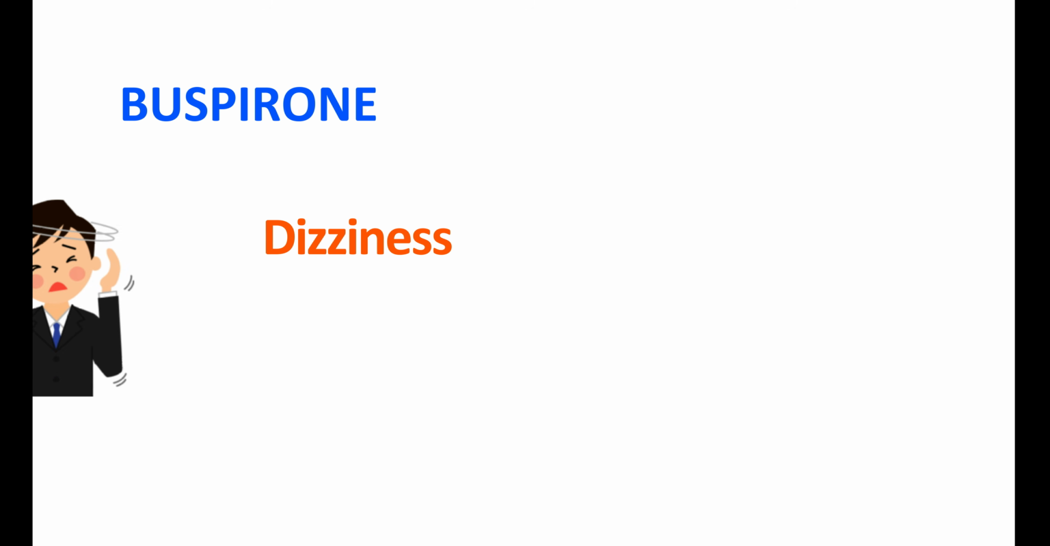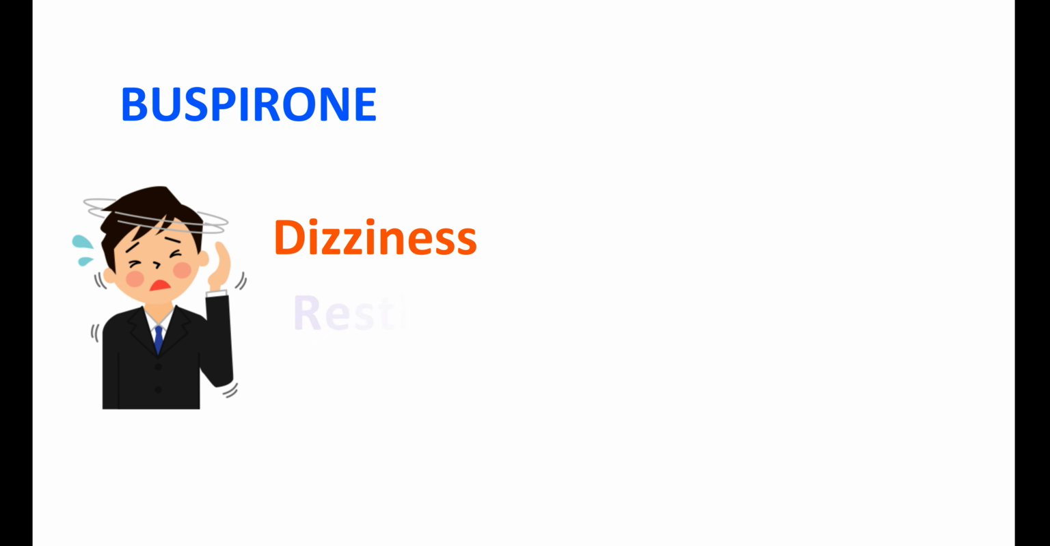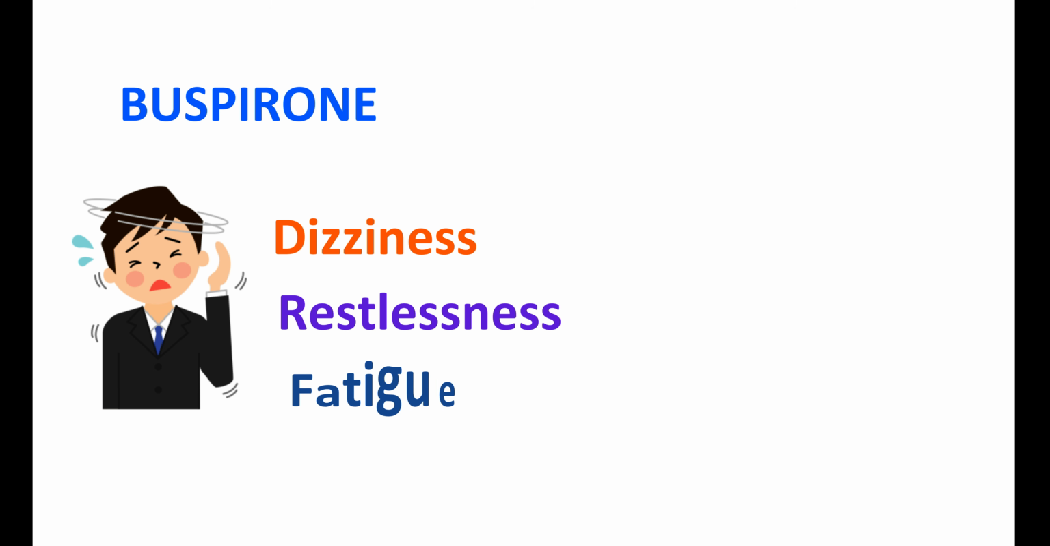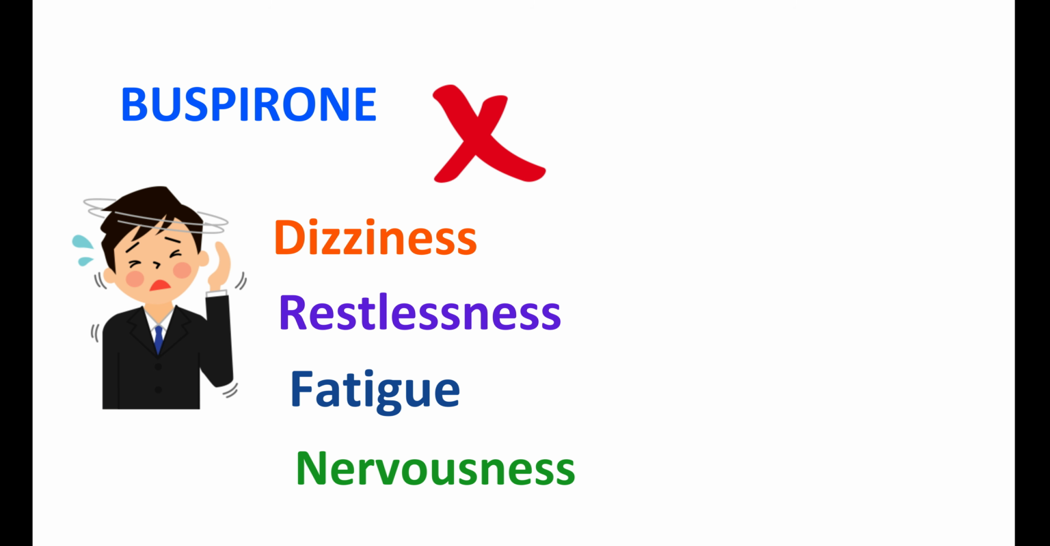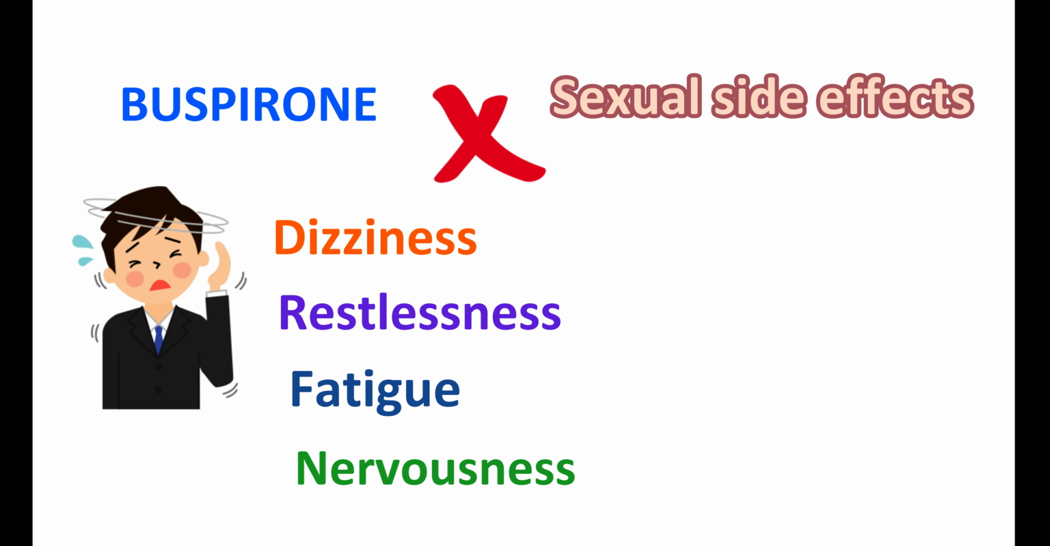On the other hand, buspirone can also have similar side effects. It can also produce dizziness, lightheadedness, and restlessness is another important side effect of buspirone. It can also produce some excitement in people. Similarly, other side effects like fatigue and nervousness can also be observed. However, buspirone does not have the sexual side effects that were observed with escitalopram,